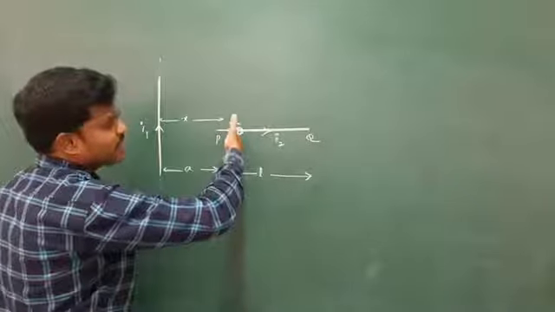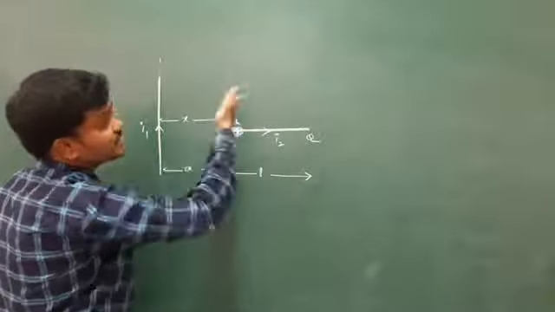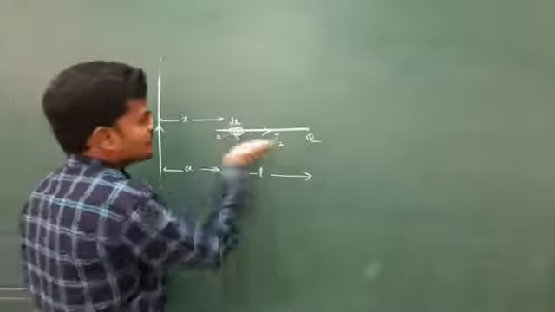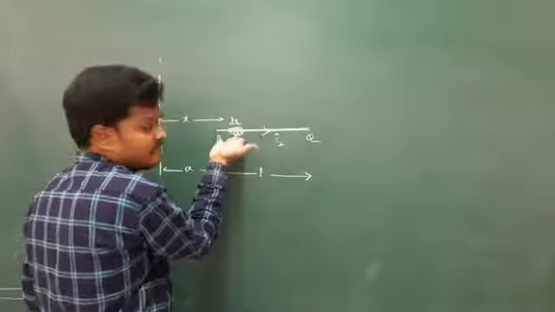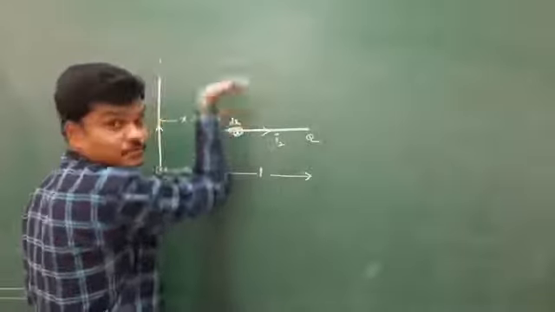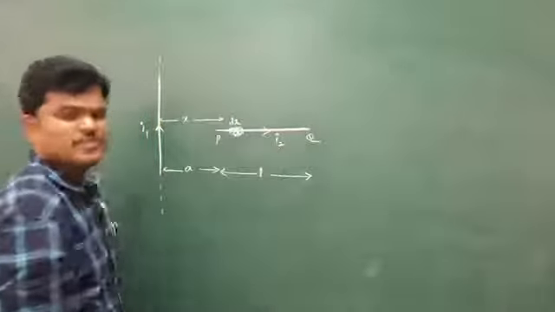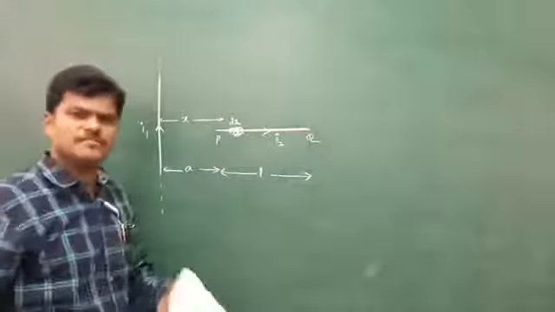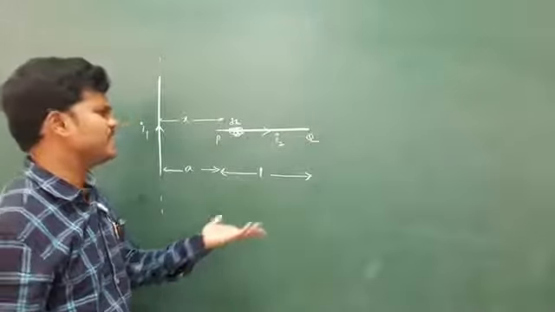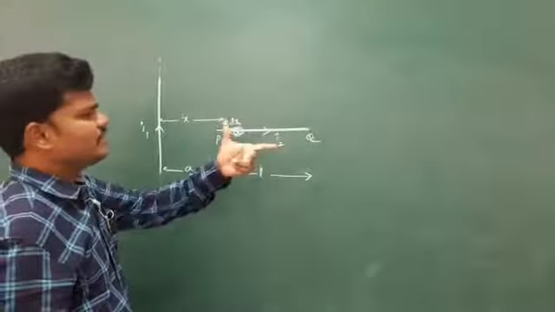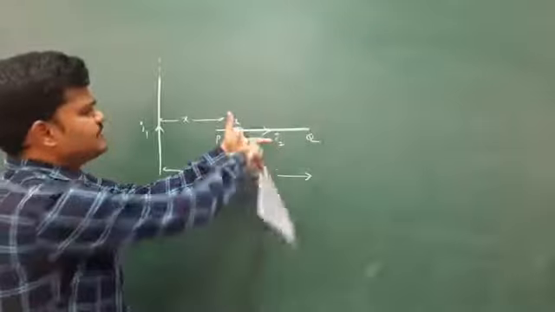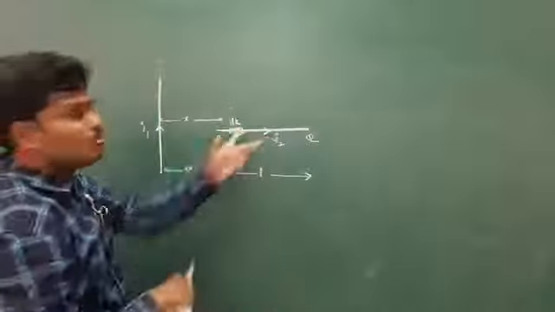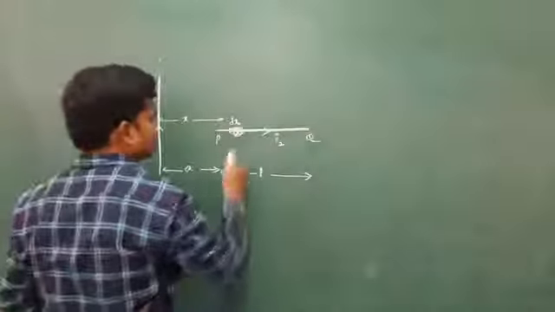See the fingers into the board, and if I place my hand, this finger will give the current, but the current is to the right side. Current is to the right, field lines are inside. Then tell me which side it will experience force? Upwards. Otherwise use Fleming's left hand rule, if you are comfortable with it. According to Fleming's left hand rule, the field is into the board and this is the current, and this is the direction of force.